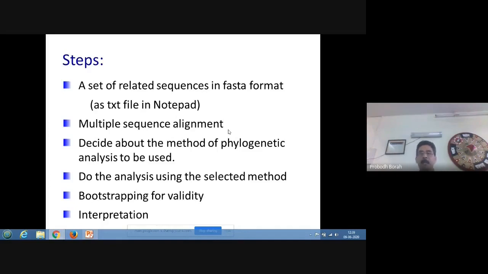And the third option is the maximum likelihood method. But which method to be used for a particular set of data will depend upon the result of multiple sequence alignment. Then after doing the multiple sequence alignment and determining the method to be used, we will do the phylogenetic analysis using this selected method.